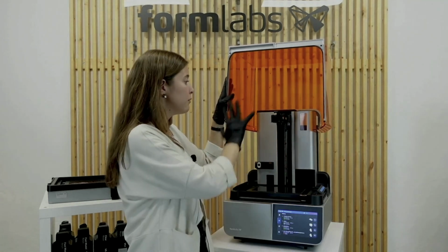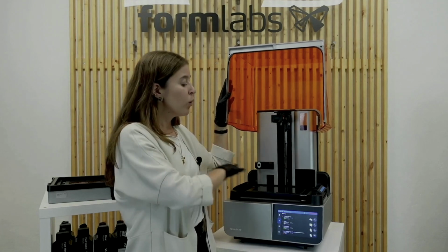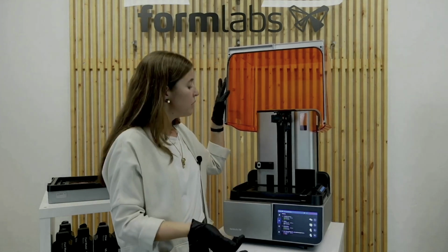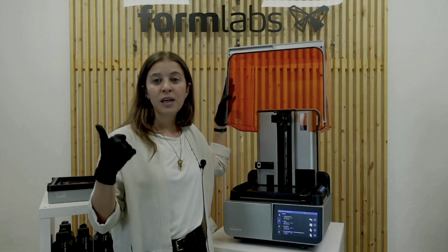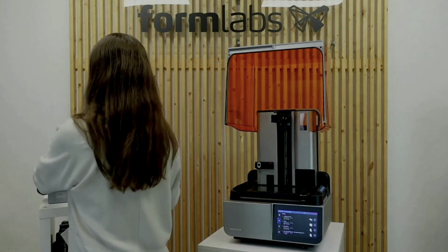The Form 4B has this cover, the printer cover, that enables us to keep a very constant environment inside the printer, and also prevents the liquid resin that is printing from curing from external light. So to set up the printer, we need a couple of elements. First one is the resin tank and the mixer. So for the resin tank,